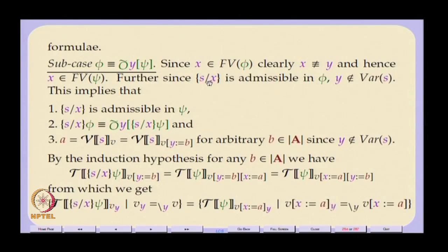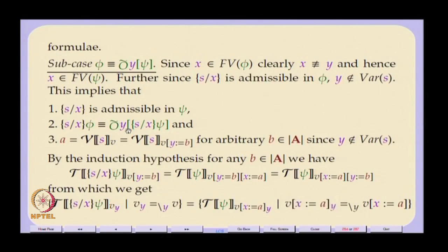S for x is admissible in phi, which means that y does not belong to the variables of S. So, there is no possibility of capture of free variables. Now, all this implies firstly that S for x is admissible to the body, phi, of course, and I can push S for x